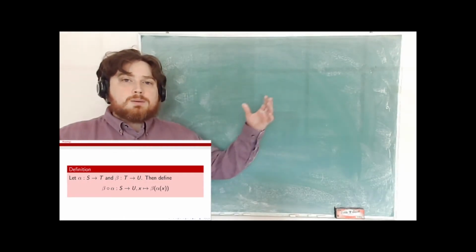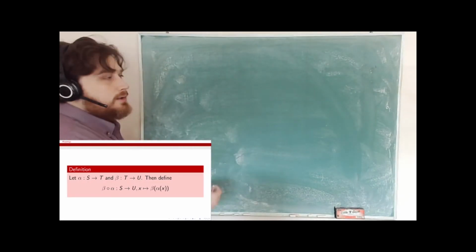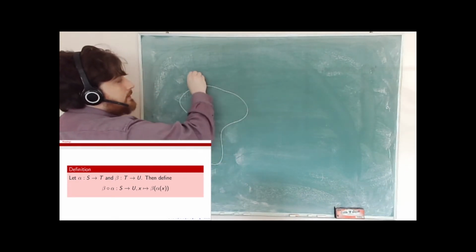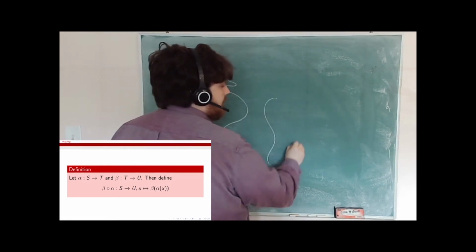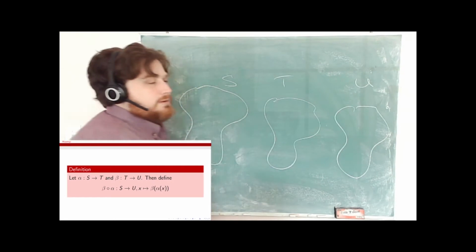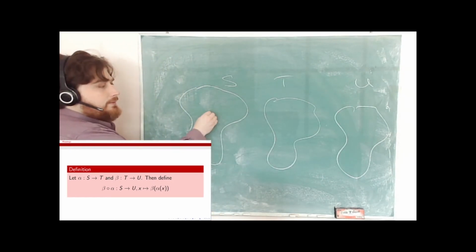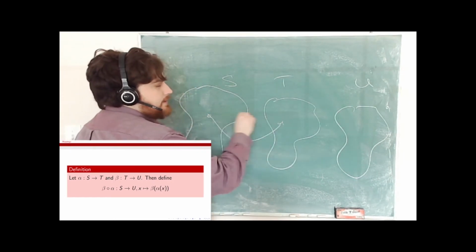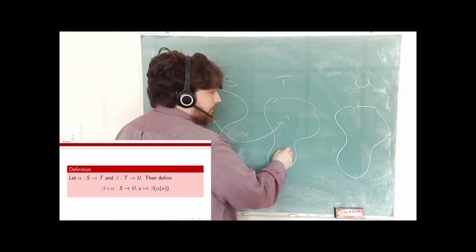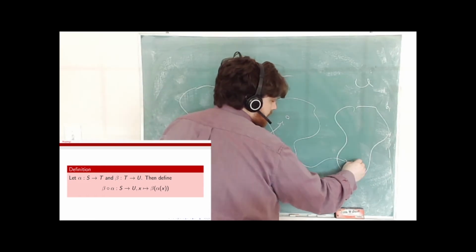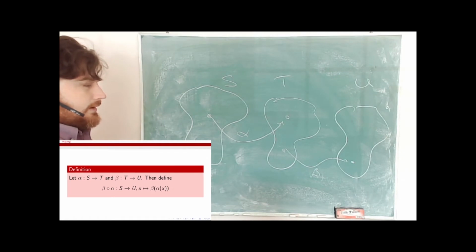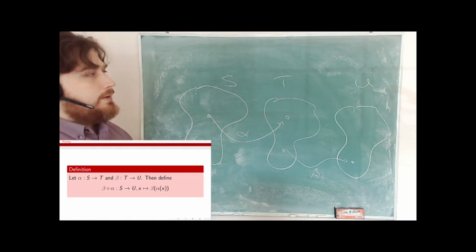All right, I wanted to look pictorially at what a composition will look like. So the idea is that I start with a set S, and I go to a set T, and then I have a set U. And so alpha is going to tell me how to get from S to T. So here's alpha. Beta is then going to tell me how to get from T to U. So beta will look something like that. Now, if I want to find beta of alpha,